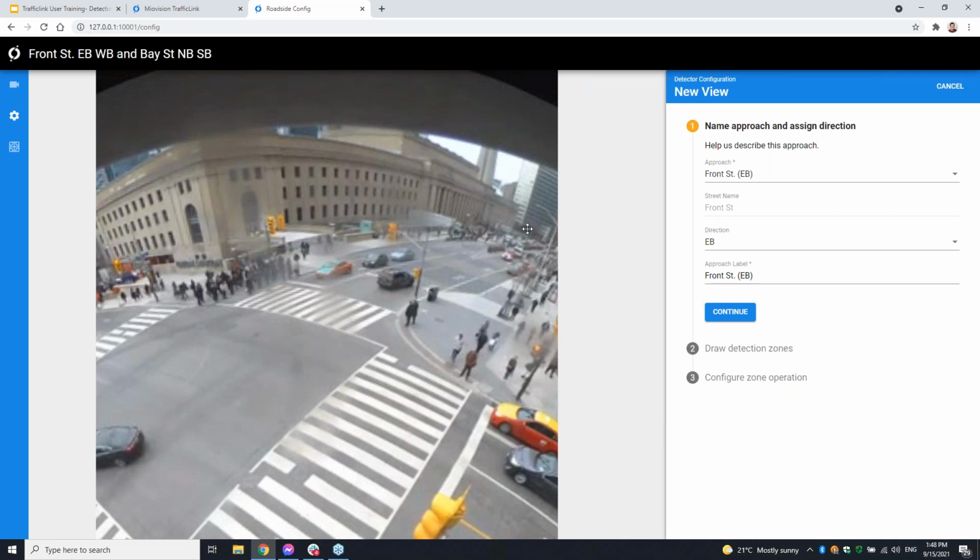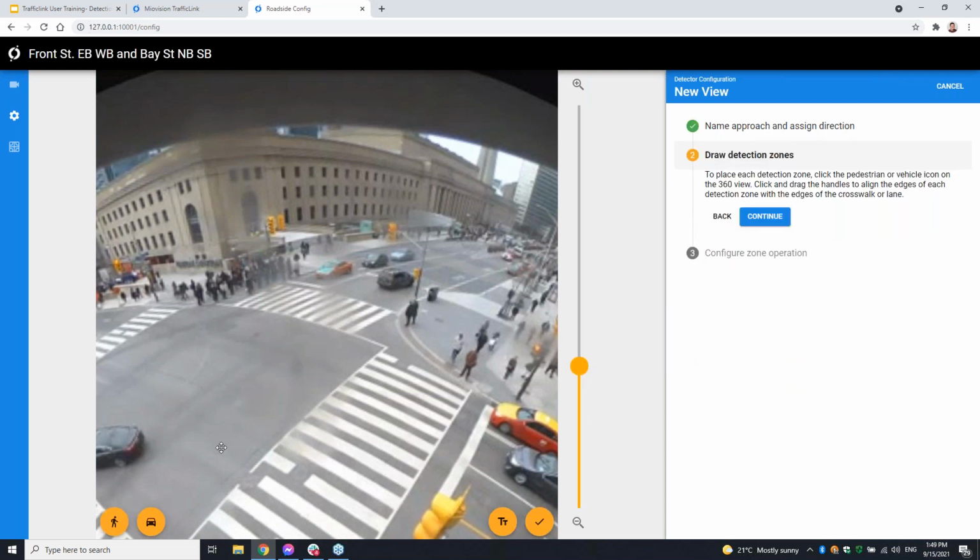When we're looking at this far approach here, it auto-selected an approach for us based on that direction label that we set. If we take that and look at it, this is actually the eastbound, so it did it right. It said, yes, this is the eastbound traffic. You can change the label of this if you want to. It'll be that label that goes on the video overlay later on. I can hit continue. Now we want to simply draw our zones.